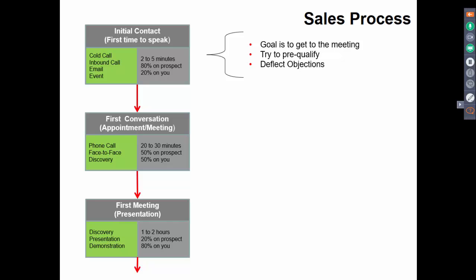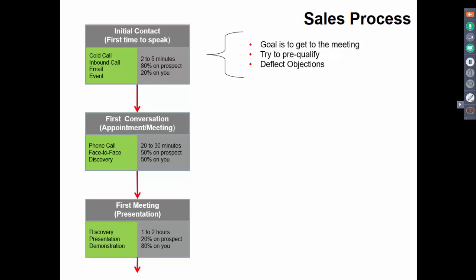And let's go back to those objection handling responses. When you try to overcome an objection, so if someone's saying I'm not interested and you're trying to make them interested, what you're trying to do is more in line with trying to sell the product. And I don't necessarily think that your goal should be to try to sell the product in an initial contact.